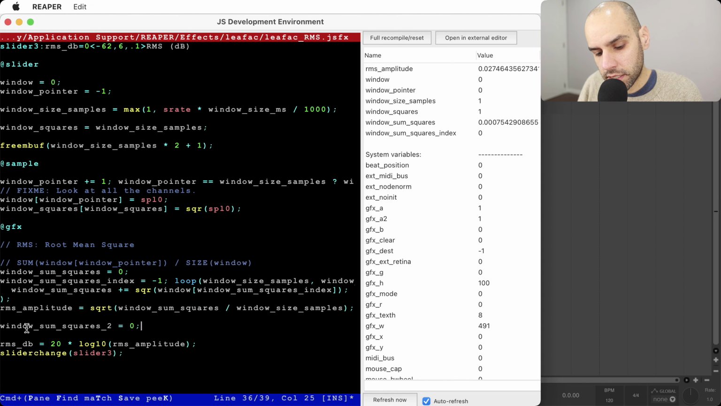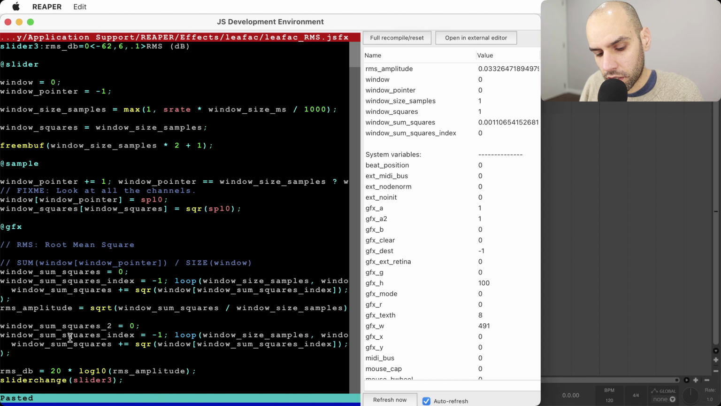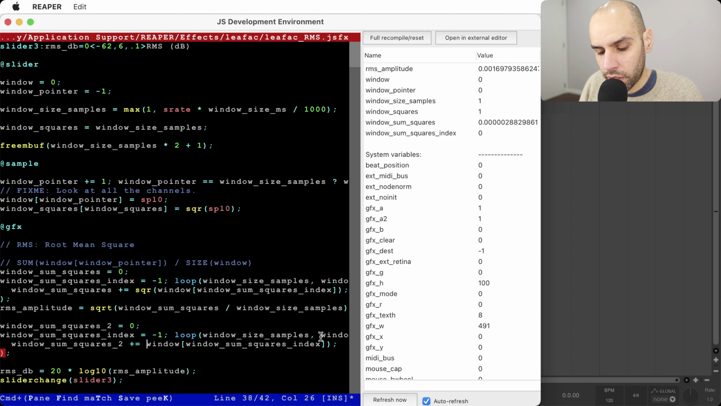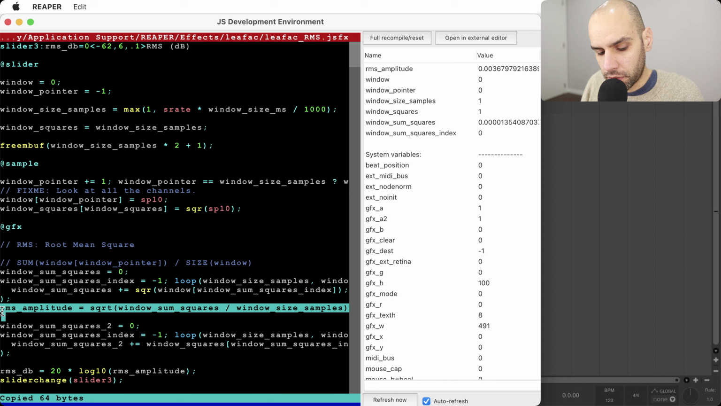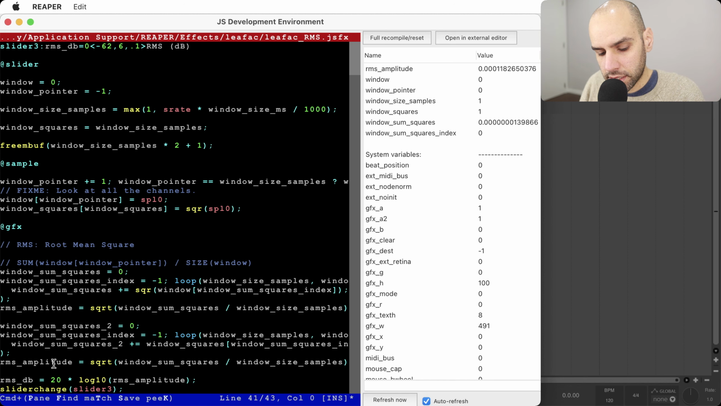Okay, so now we have this, it starts with 0. We do a similar setup to the one we have here, but instead of adding to the sum of squares, we add to the sum of squares 2. And instead of taking the square of the window, we look at the window of squares. And now we have the sum of the squares. We have to do this computation as well at the end. So this will be RMS amplitude